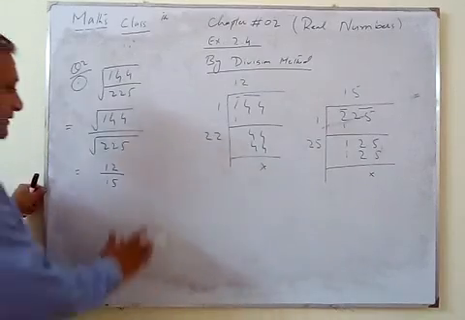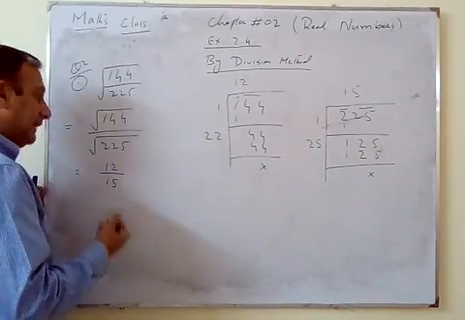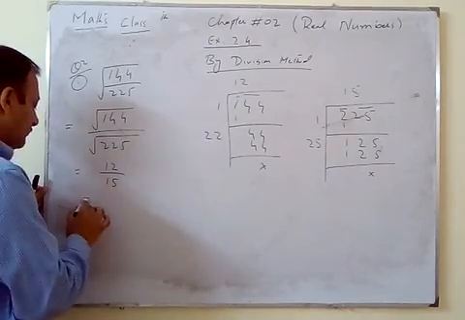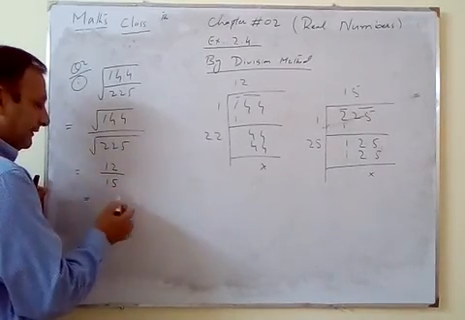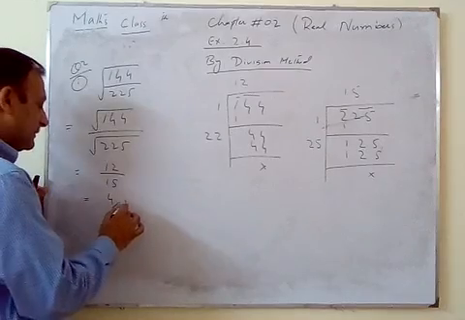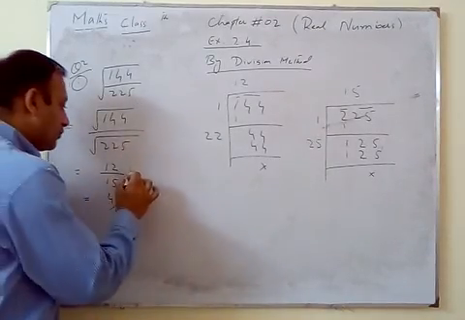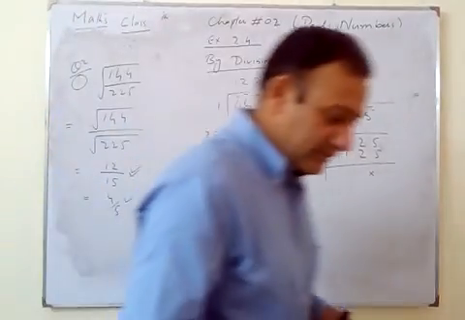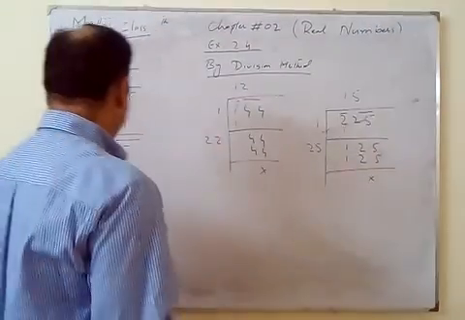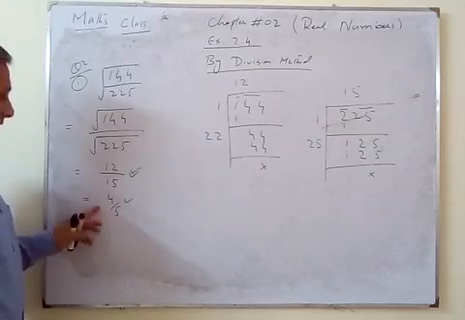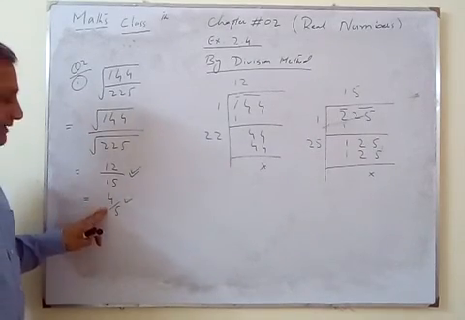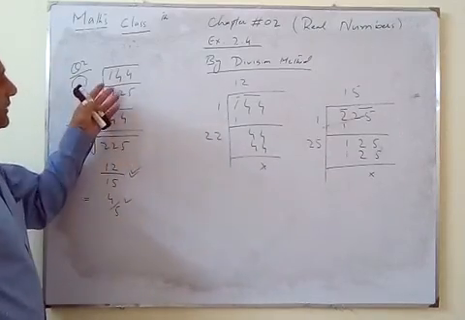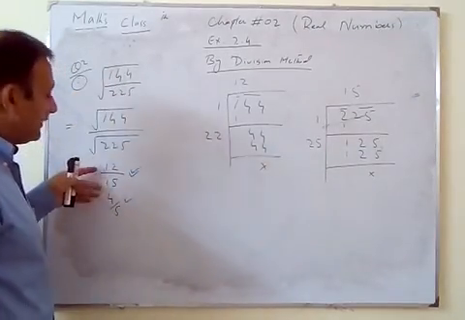Enough for the answer. But if you want to divide, that is also a correct answer. This is appropriate, but if you want to divide it by 3, it becomes 4 by 5. This is also a correct answer, but this is the most appropriate. In this case, normally we write the answer in the lowest form. But here, since we only have to find the simple square root, this is also fine.